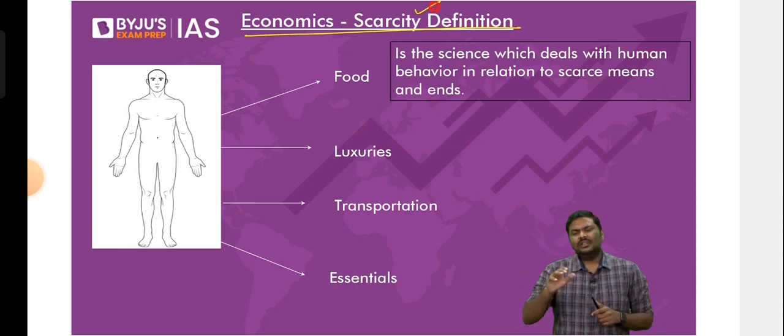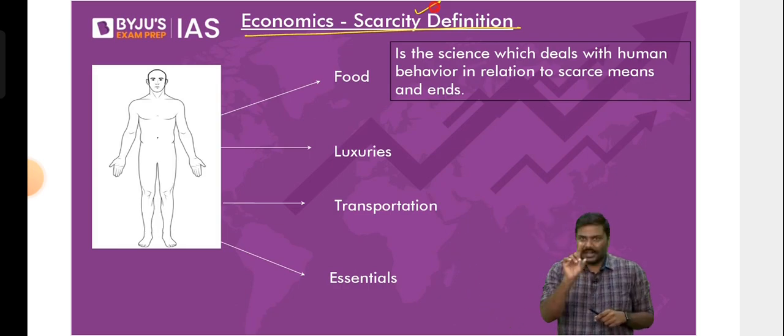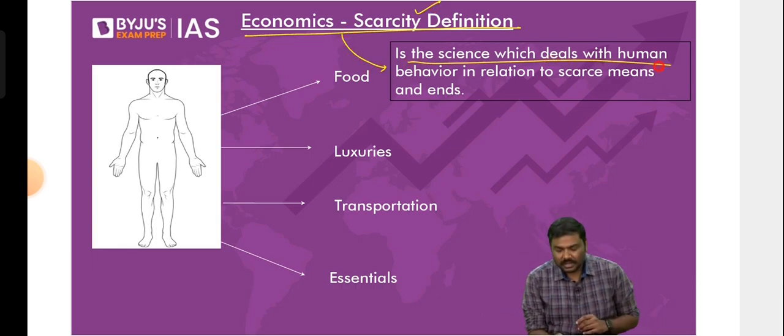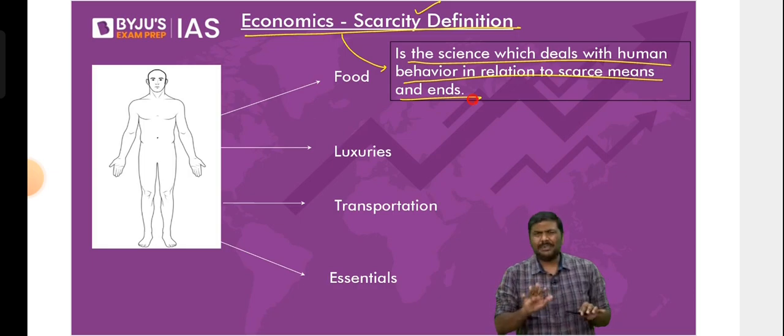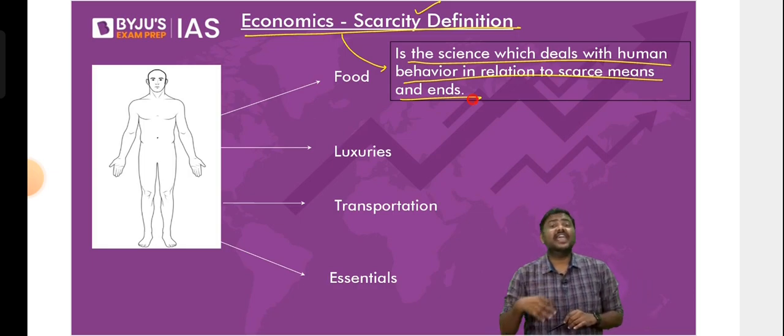What is the definition? There are hundreds of definitions for economics. First and foremost, UPSC will not ask you a definition, but anyways, I thought of starting with a definition so that you understand what we are going to discuss in the 5 weeks. Let me take the most accepted definition. It says, economics is the study of human behavior whenever there is scarcity of resources. Simple definition, I will explain it.